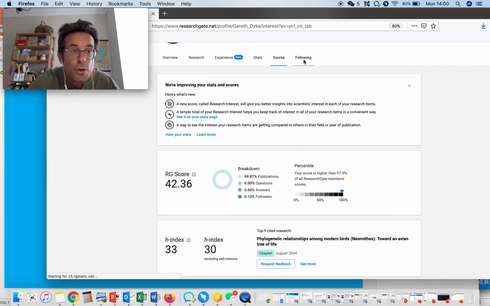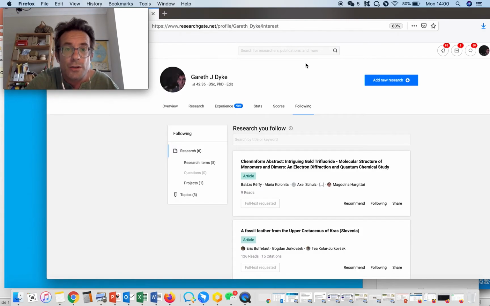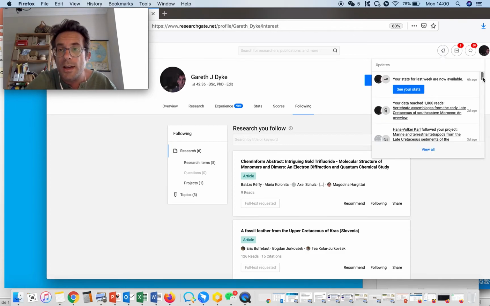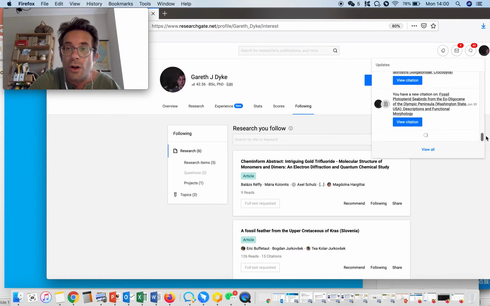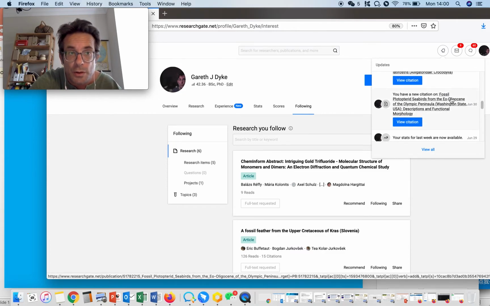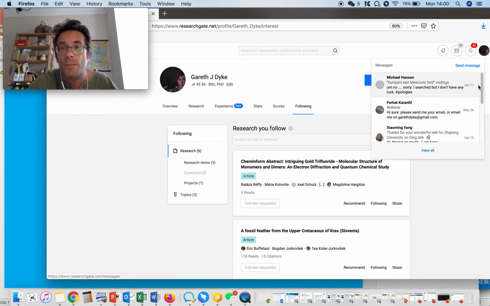You can also, just like on other social networking sites, follow other researchers, and then you'll get updates in your news feed, which I'll show you in a minute, about their research and what they're doing. So let's click here. Here are my updates. I never check this, as you can see, but there's a whole load of updates that I could be looking at here. I've also got a bunch of